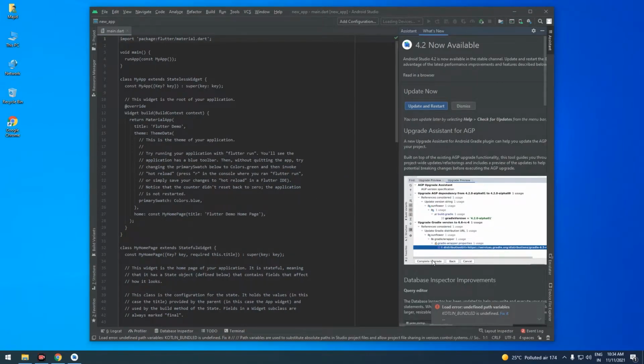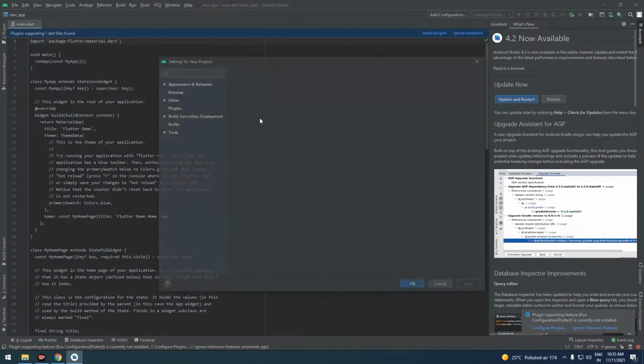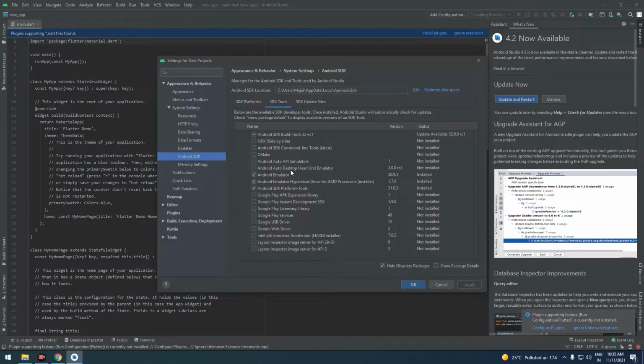And the project is loaded, so I'll click on fix it, and after that, let me make it full screen. Let's go to tools and go to SDK manager, and after that SDK tools, Android SDK tools, NDK, command line tools latest.